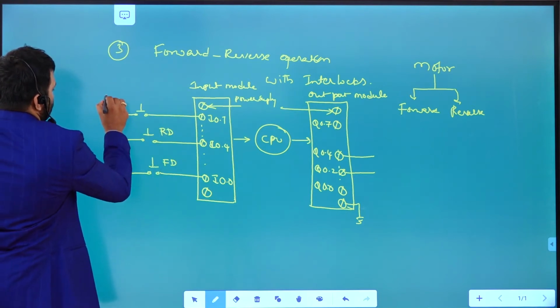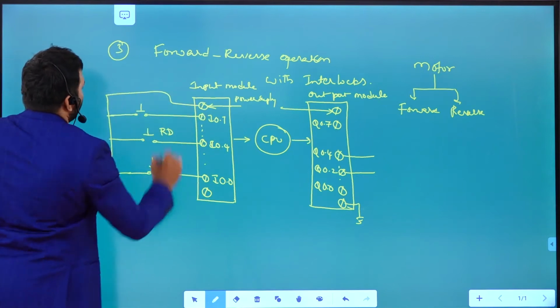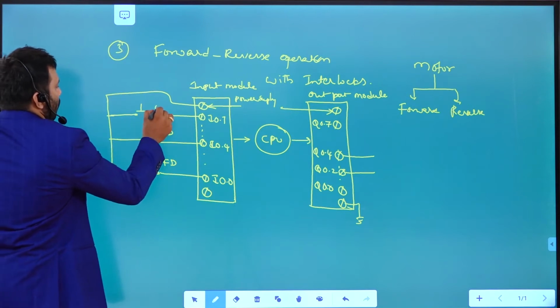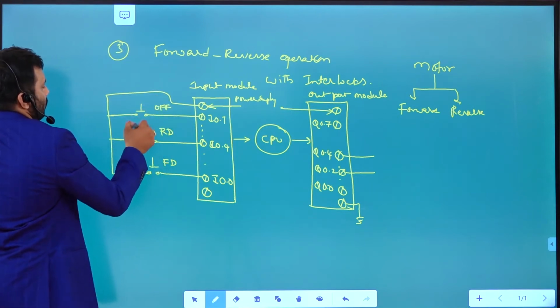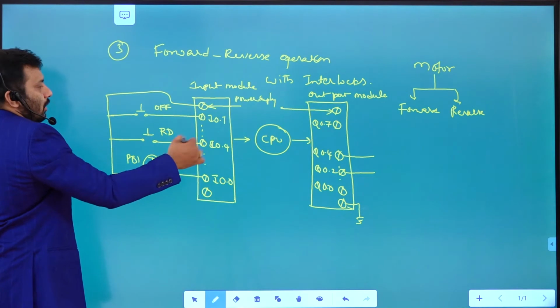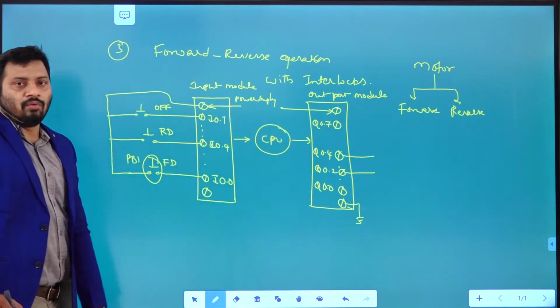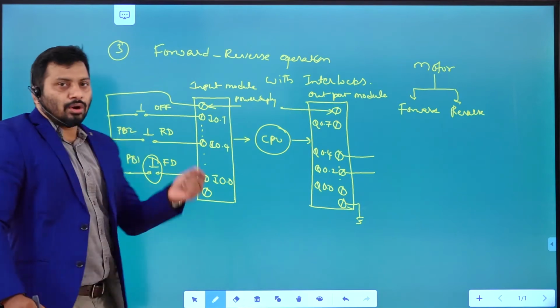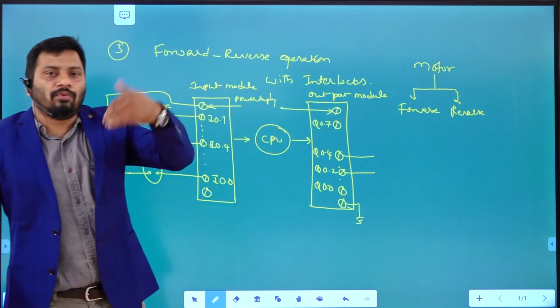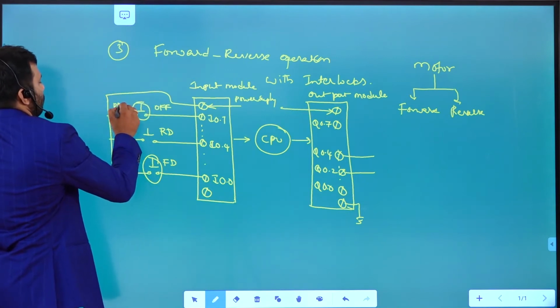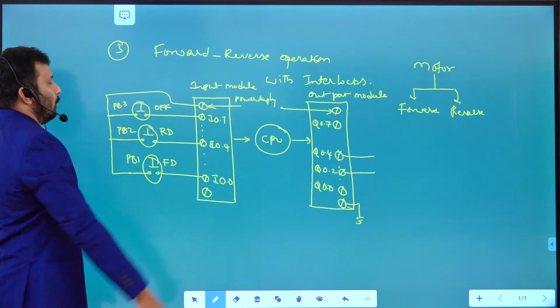The line voltage is connected here. So push button 1 is used to rotate the motor in the forward direction, push button 2 is used to control the motor in the reverse direction, and push button 3 is used to turn off the motor.